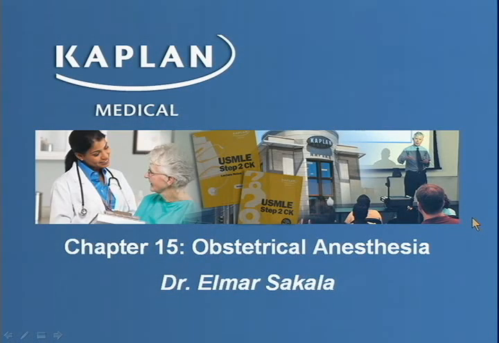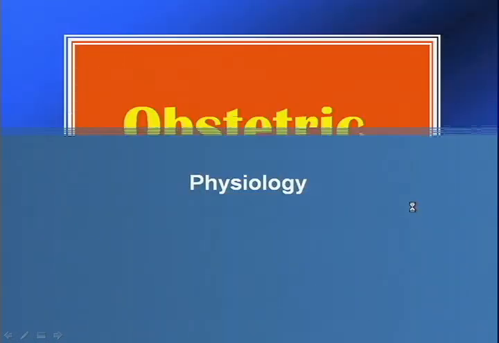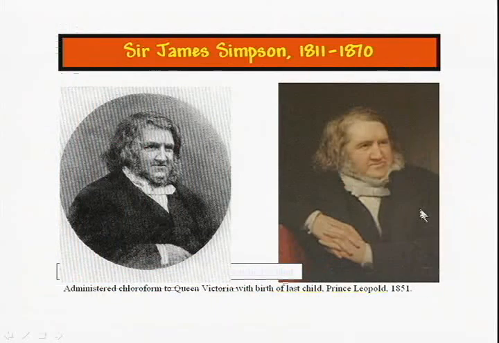Okay, our next chapter is chapter 15, obstetrical anesthesia. We're going to look at physiology and a little bit of history of OB anesthesia. This is Sir James Simpson, lived from 1811 to 1870. He was a Scottish obstetrician, and of interest was that he gave chloroform anesthesia to Queen Victoria with the birth